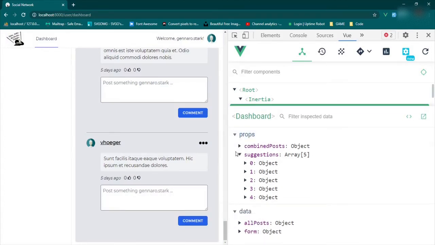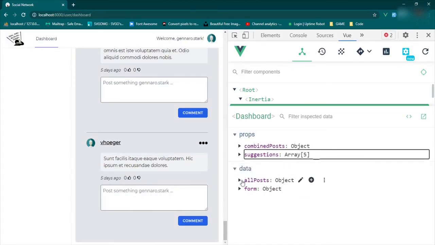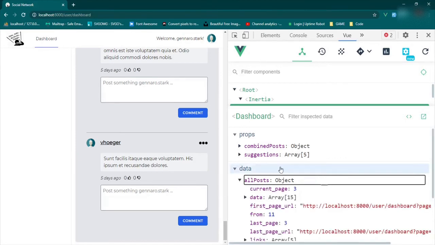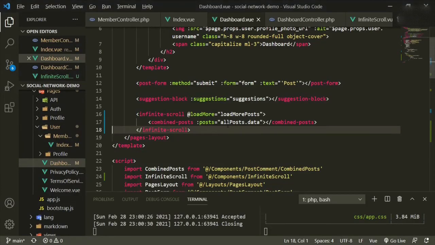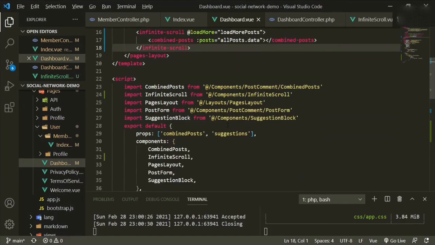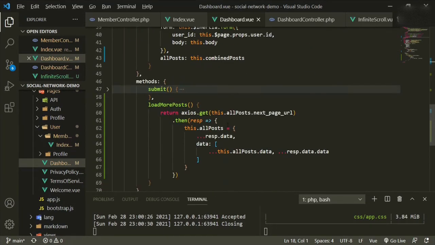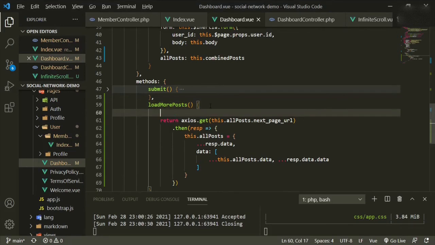and we go back to our all posts property, we're looking for the next page URL, and that is now null because we are now at the bottom of the page, so there is no next page URL. So we need to change that in the method. But what we can do here is in the load more posts, we can just do if